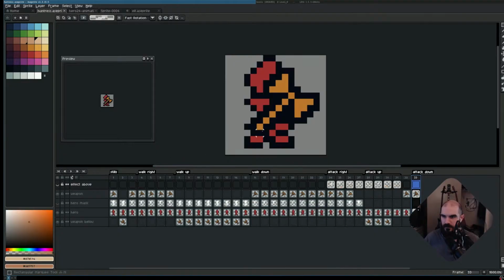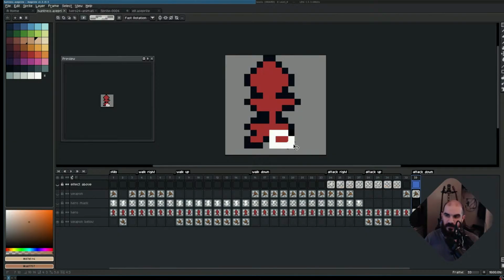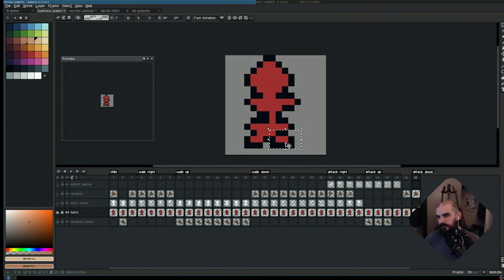I think I decided for my animations that there's really no distinction between top and bottom, with the exception of, well, I guess the only exception is... Let me start over. We don't distinguish between left and right on the side profile. On the top and bottom we do. So if this goes up and this goes up,